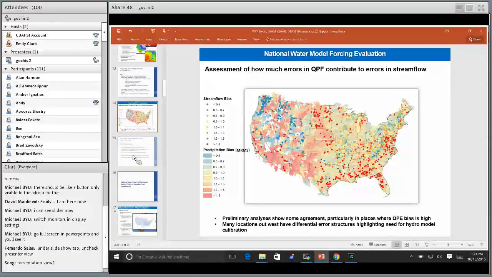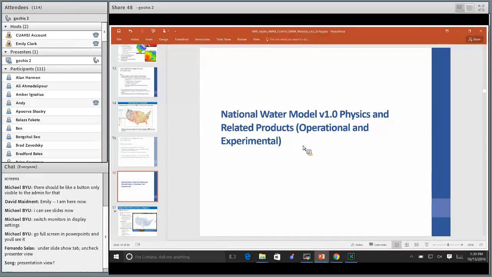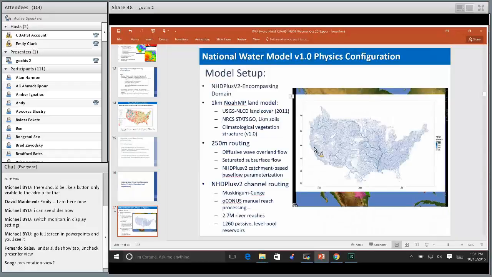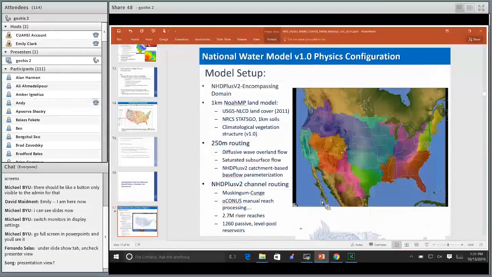Okay, moving on then, we'll start to get into a bit more details about the physics of the modeling system, of the hydrologic modeling system itself, having just talked about the forcings. So the model setup is like this. Let me go ahead and slide this down so you can see the whole country, since we're not in animation mode here. This, what you see inside the map here on the right-hand side, all of the colored areas are not the bright colors, but